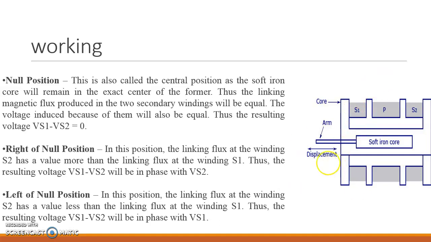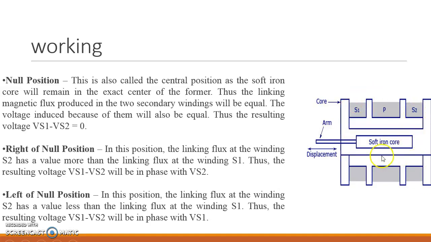So if the soft iron core is in the middle position, the output voltage V0 is equal to 0. Next, if the soft iron core is moved to the left position, the flux linking to the secondary coil S1 is more when compared to the secondary coil S2, that is Vs1 is greater than Vs2. Here the output voltage is in phase with the primary voltage,